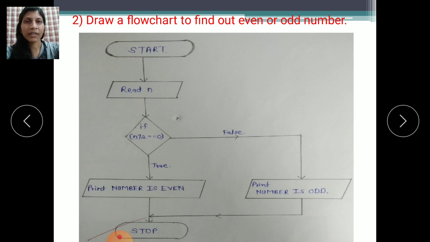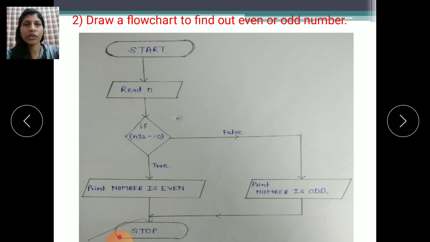Those numbers that are divisible by 2 with remainder 0 are even numbers. And odd numbers are those numbers that are not divisible by 2, whose remainder comes 1. So we draw the flowchart of that even or odd numbers.